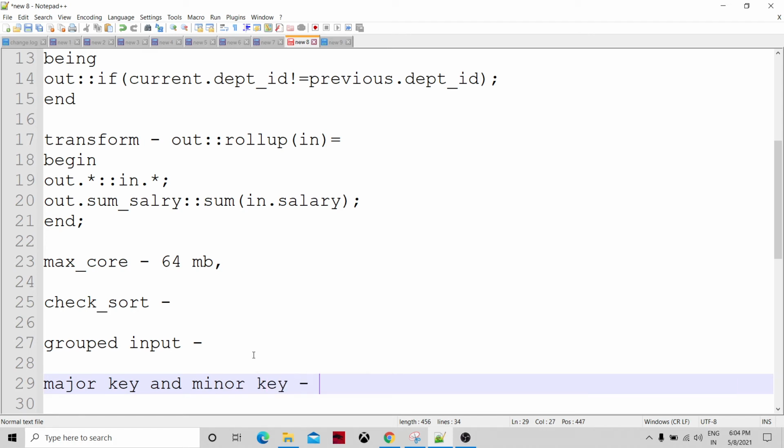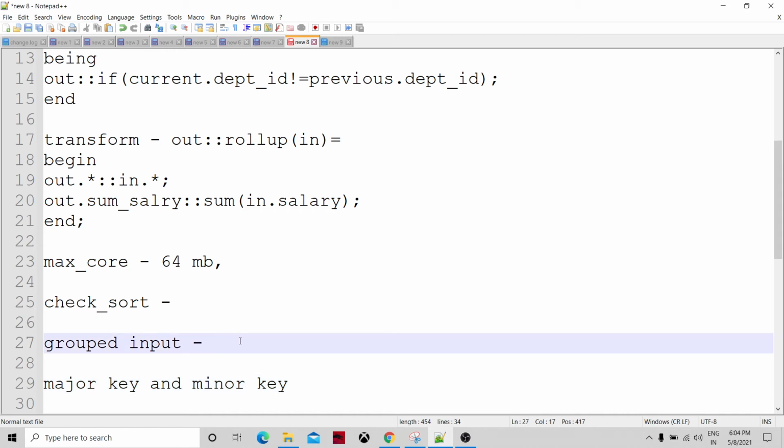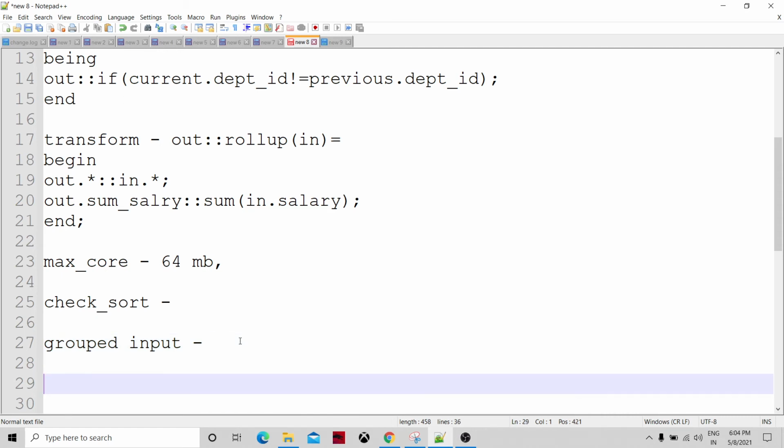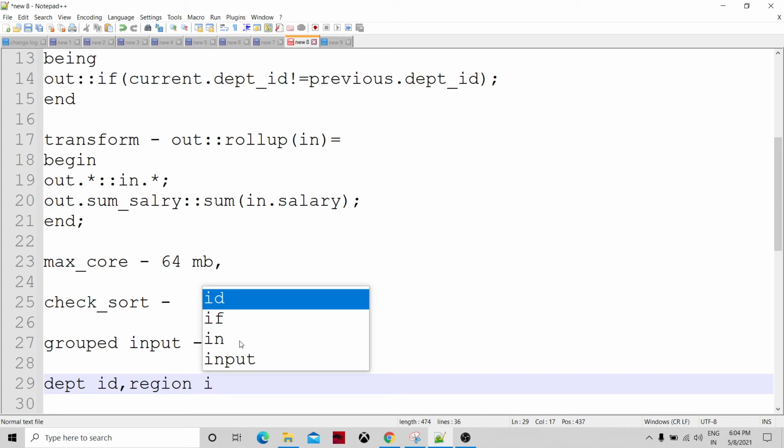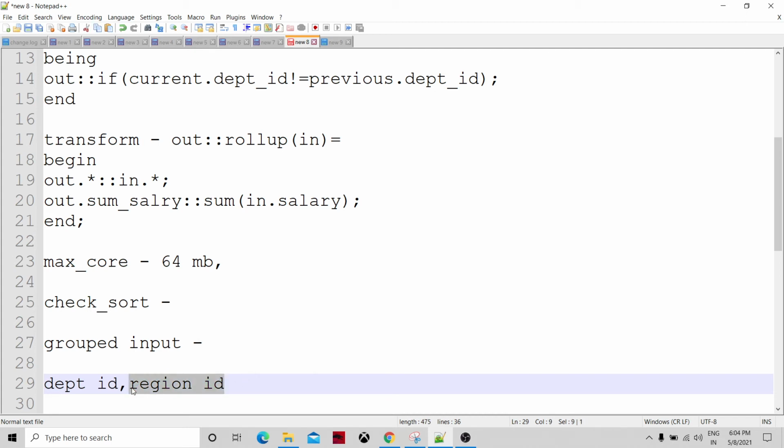So when we specify that sorted input is false, let's say we have two keys, region ID and department ID. The department would be inside the region. So I have a composite key, region ID and department ID.